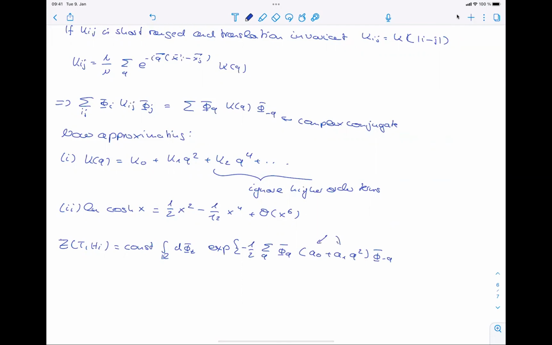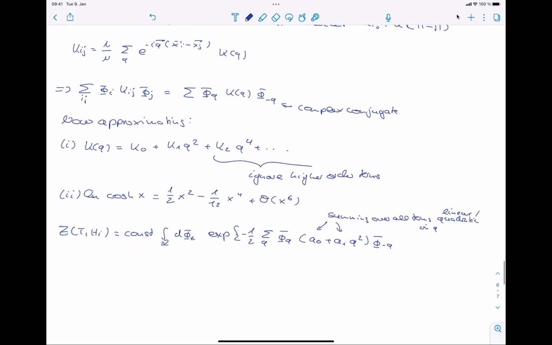Here, we're summing over all terms quadratic in q or linear. Okay, so that's the first term, and then the second term with the ln cosine, we put in this expansion to arrive at B naught over